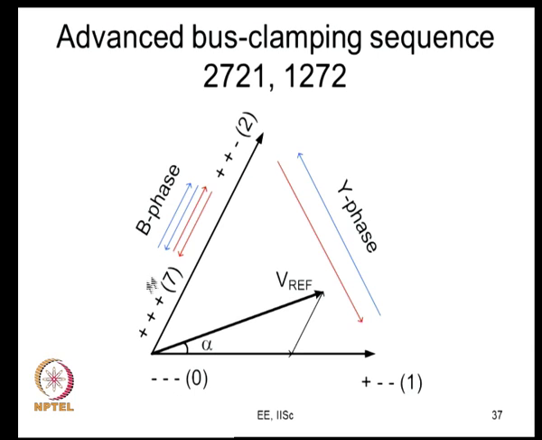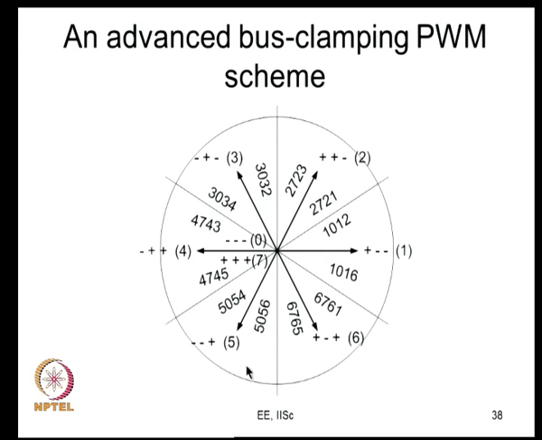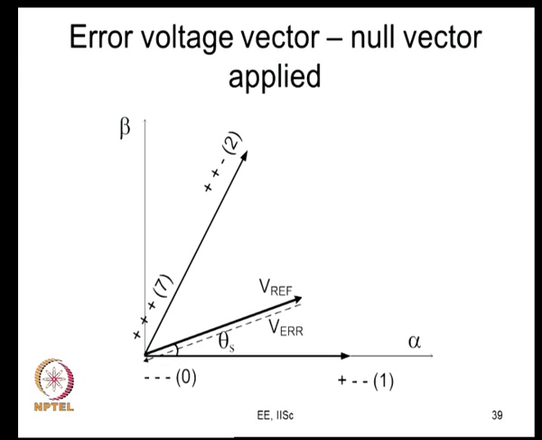So, you are actually using only T7 sometime, or you are using only the 0 state 0 sometime. Apart from that, you are using this active state division time, which is actually a freedom that is available with space vector PWM methods. So, you can employ the sequence 1 0 1 2 2 1 0 1 in the first half, 2 7 2 1 1 2 7 2 etc. in the second half, and similar sequences in the other sectors. So, this is one example of an advanced bus clamping PWM scheme. You can think of various such advanced bus clamping PWM schemes. Quite a few of them have been reported in the literature recently.